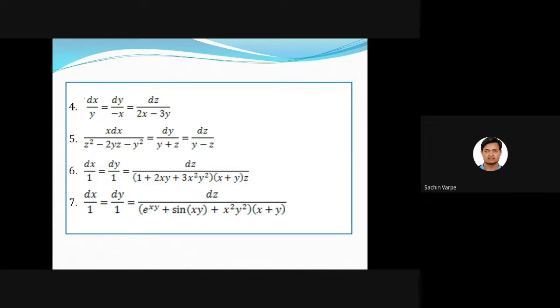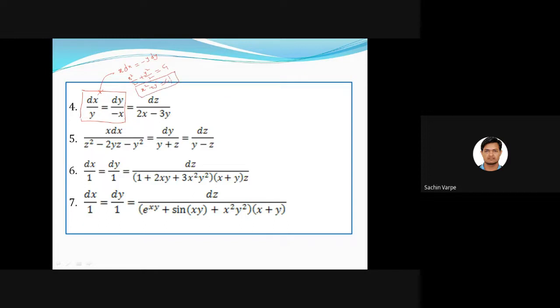Can you see in the question number 4? See, first we try the method of grouping, if it is possible to apply. So is it possible to apply the method of grouping in the fourth one? When I equate the first 2 ratios, I can get my first solution by method of grouping. What is that first solution? By separating its variable x dx is equal to minus y dy, right? So this is in variable separable form. When I integrate it, x square by 2 plus y square by 2 is equal to c1. So the first solution is x square plus y square is equal to c1 dash.